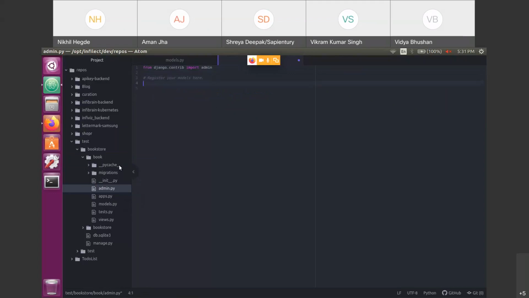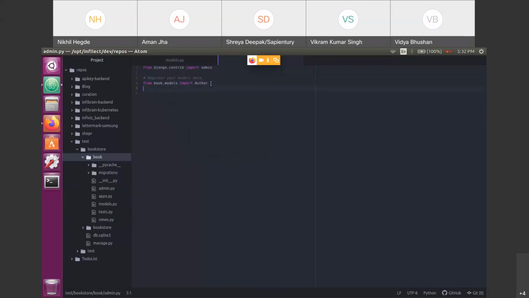First, I will import this model. Without importing, you can't register. So from book.models import Author. Book is my app name and models is my file name. So I'm importing the Author table from book.models.